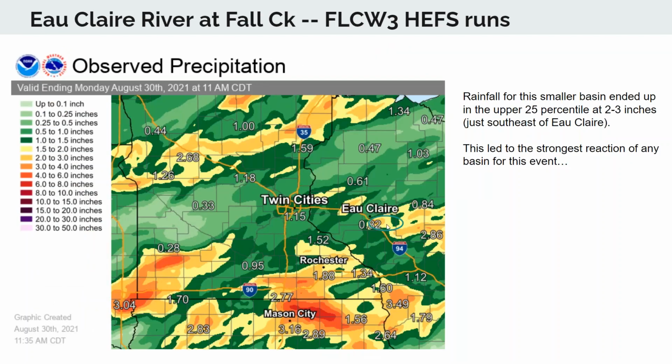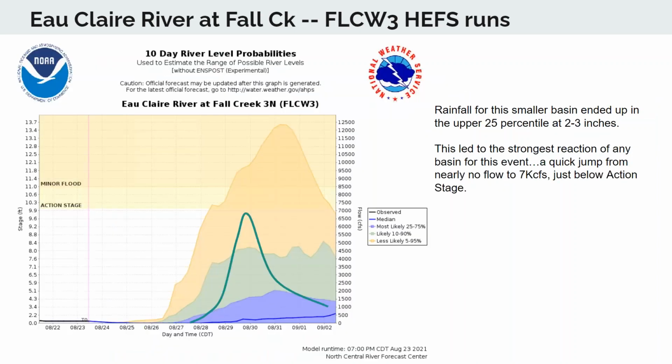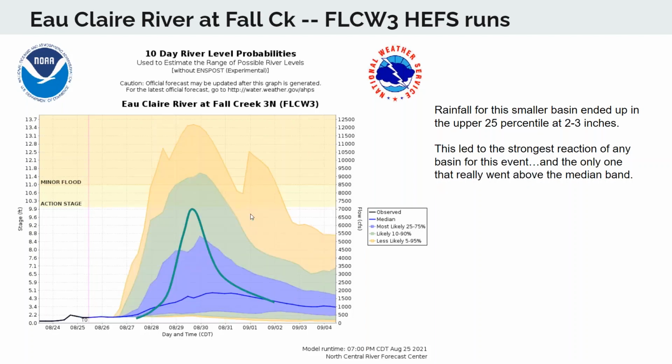And what fell, it's kind of hard to see on this map, was a pretty good area, again, of about 1 to 3 inches in this small basin right southeast of Eau Claire. There's a little more terrain with this one, so the runoff tends to be a little bit faster for this basin than some of the other ones. And lo and behold, we did have a nice rise on this. We got up close to action stage, but we did go up into the yellow a week out. Once again, as we move closer, we'll superimpose the actual hydrograph on it. They did have the strongest reaction of any basin that we had for this event.